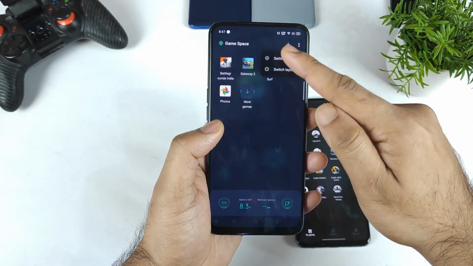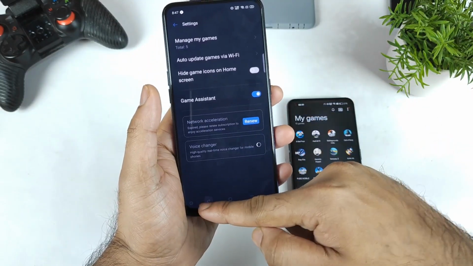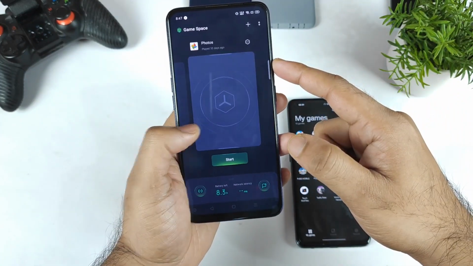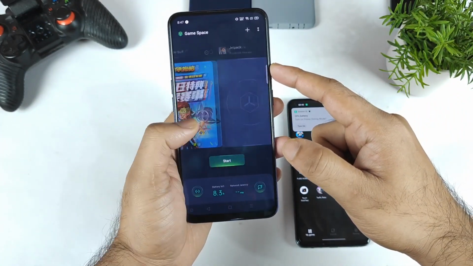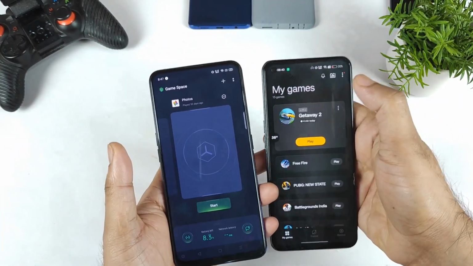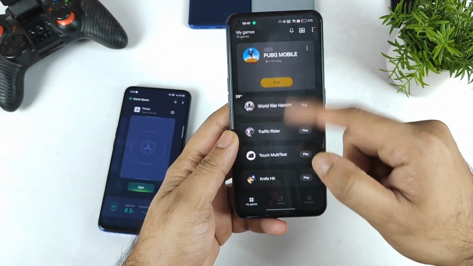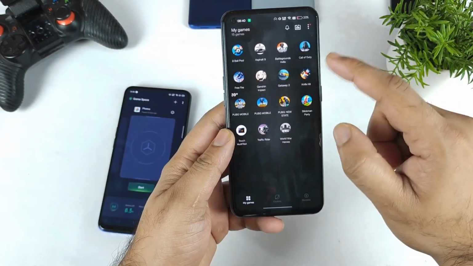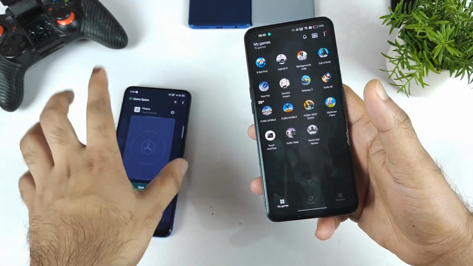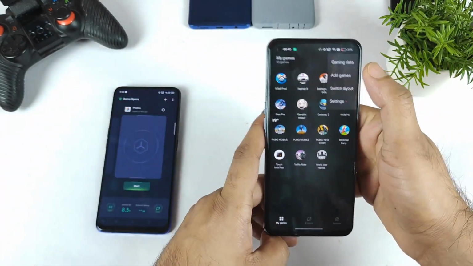And let's go to the settings option. You have different options here, but nothing major in the first Realme UI. So this is how the layout looks, as you can see. And in Realme UI 3.0, this is the layout present at this moment. If you switch between the layouts, you will get a different layout. That's it, this is Realme UI 3.0. There is a big difference between Realme UI 1 and 2 versus 3. 3 has been completely redefined and changed. So that's what I saw.